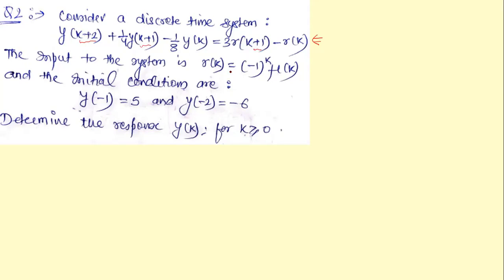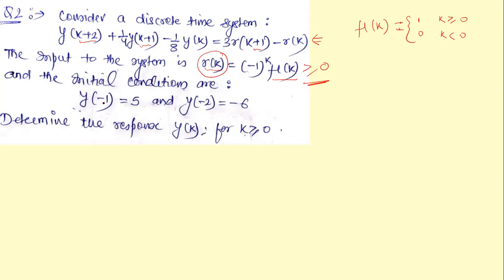As you can see, the input is minus 1 raised to the power k times u[k]. So this input will exist for k greater than or equal to 0, right? Because u[k] is a unit step sequence, and it is 1 for k greater than or equal to 0 and for k less than 0, it is 0,